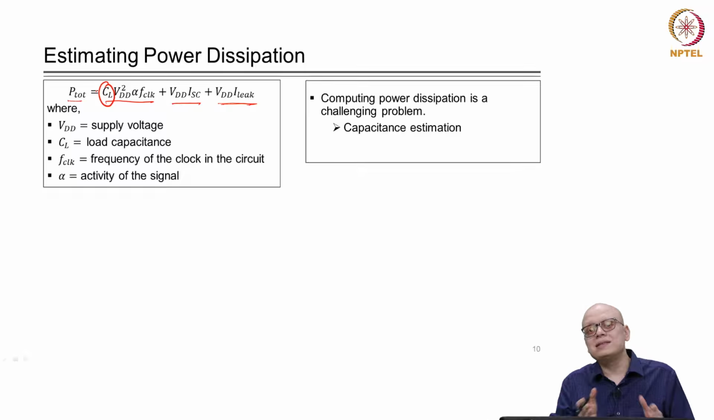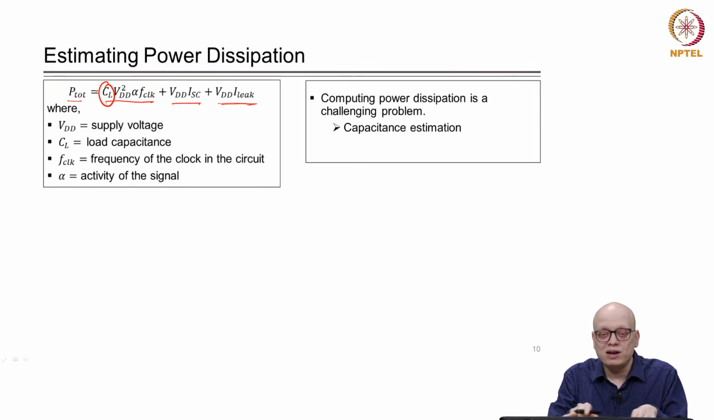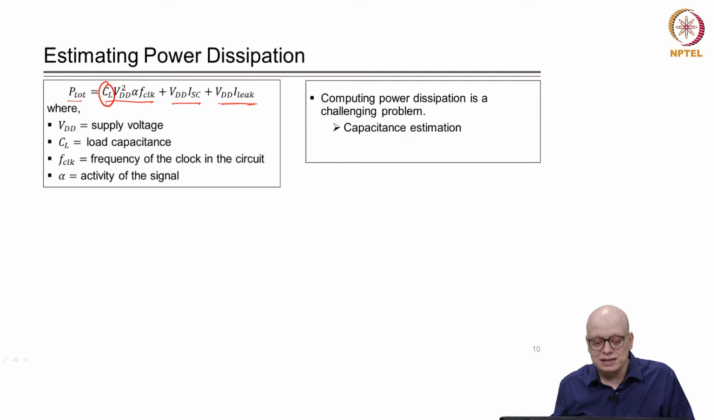So, what it means is that as the design flow progresses, the value of CL becomes more and more accurate as the abstraction decreases and details increase. For example, CL can be computed very accurately once we have done the routing. If we have done the final routing, then CL can be estimated very accurately. The other difficulty is related to